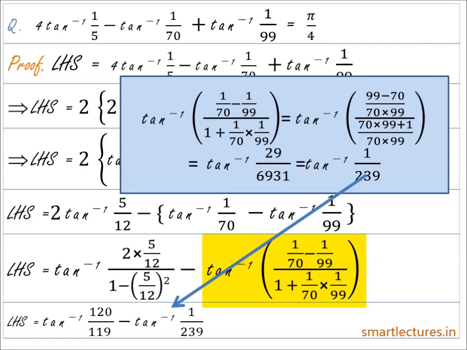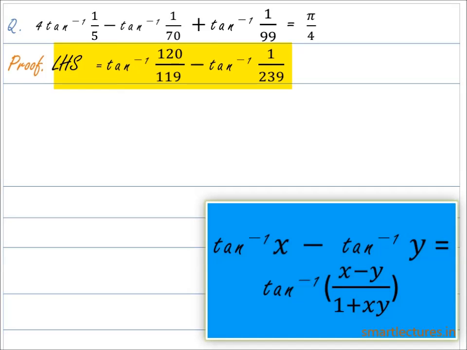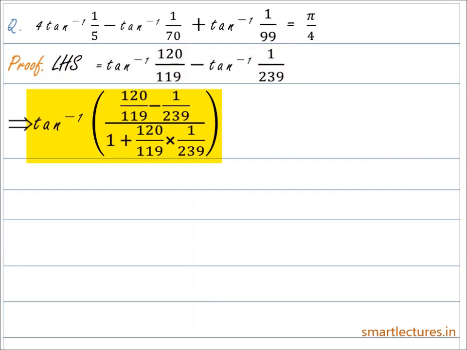And now here again we can use the trigonometric property as per which tan inverse x minus tan inverse y is equal to tan inverse x minus y upon 1 plus xy. So the left hand side finally becomes tan inverse 120 upon 119 minus 1 upon 239 divided by 1 plus 120 upon 119 into 1 upon 239, and if you simplify it,